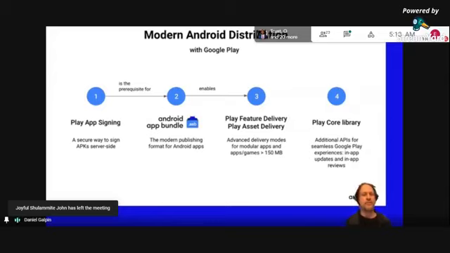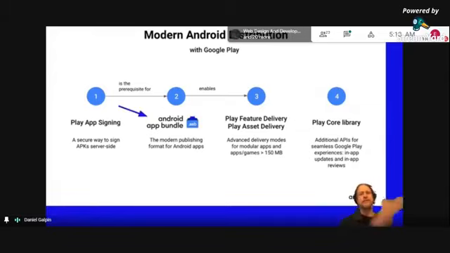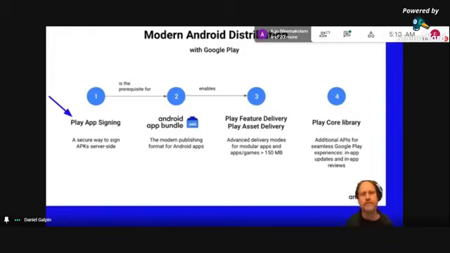And that's really the center of this thing: this Android app bundle, which is a publishing format that you send to the Play console instead of using APK files. This also requires something called Play app signing, so we'll talk about why that exists and what choices you need to make when enabling it. I'll follow that with some app bundle basics and then survey some more advanced topics like Play feature and asset delivery, along with the additional APIs available in the Play core library.